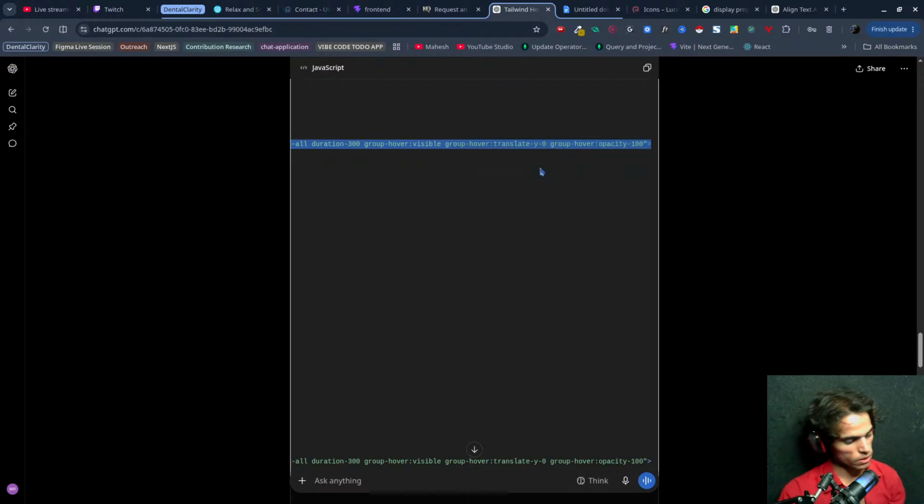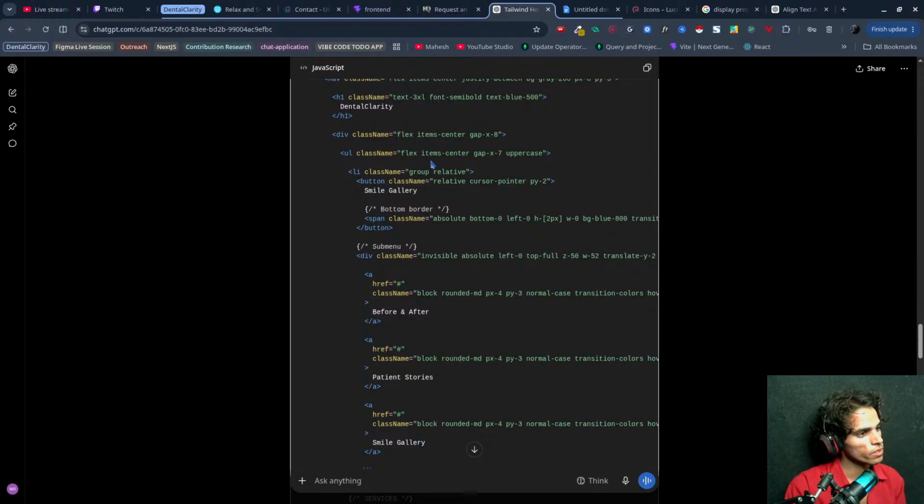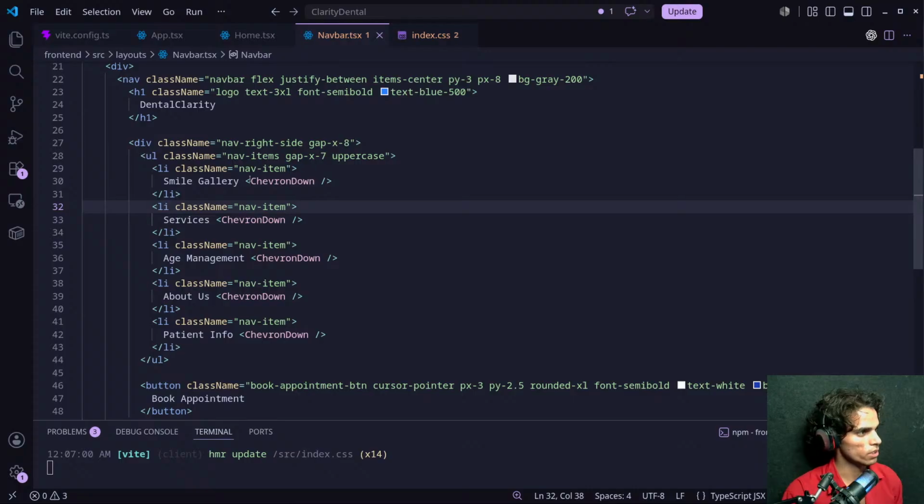So let's open this. What I would like to do, if we see here, is that we have a pattern inside each li, and each li has the same pattern.